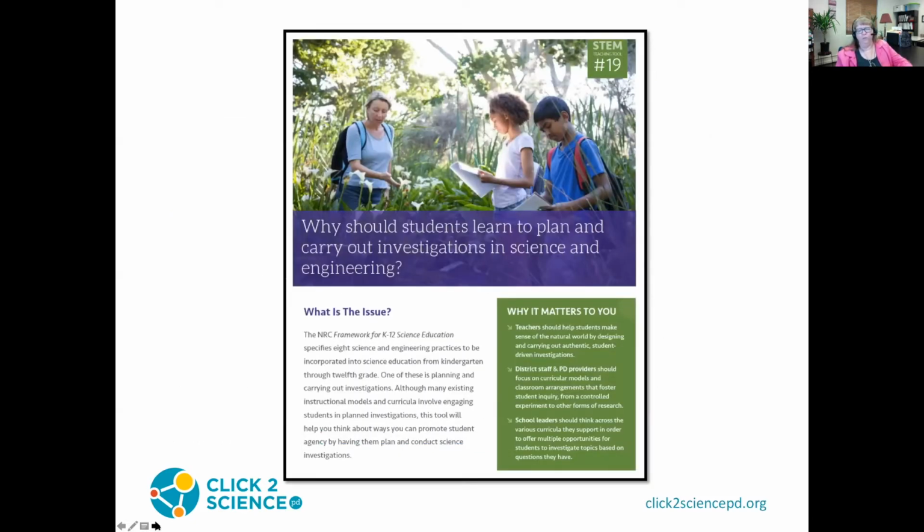One other resource that I want to share with you is one of the STEM teaching tools. And this one is STEM teaching tool number 19. Why should students learn to plan and carry out investigations in science and engineering? Now, I admit a lot of this particular one is focused on ecology, but exactly what we're planning on doing with space and looking at light pollution is very similar to doing an investigation in a wetlands, as you see here in this image. This resource, the STEM teaching tools, were created for teachers, but I think they also help